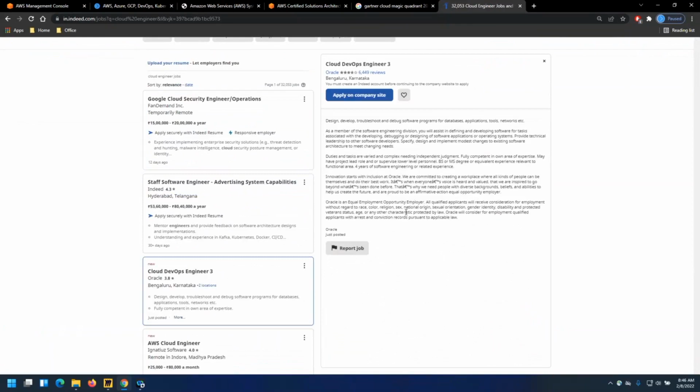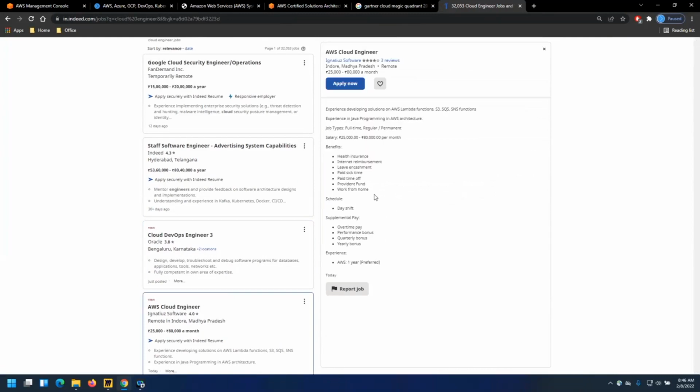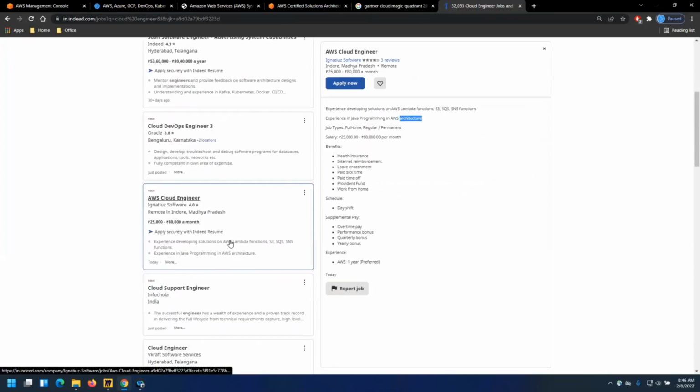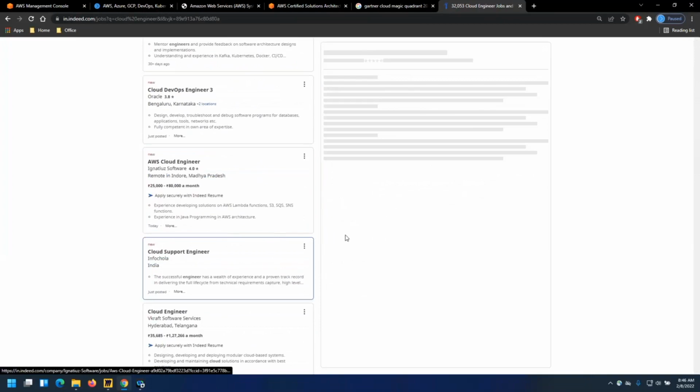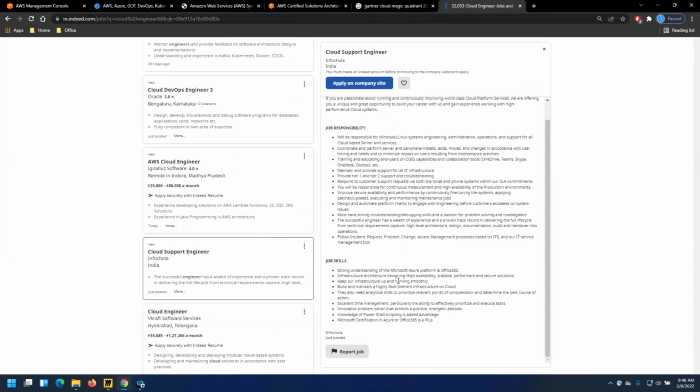It's not mentioned clearly what kind of cloud they are looking for. And let's see AWS. It's purely mentioned programming with AWS architecture. Cloud support engineer. Let's see, at least they mentioned Azure.